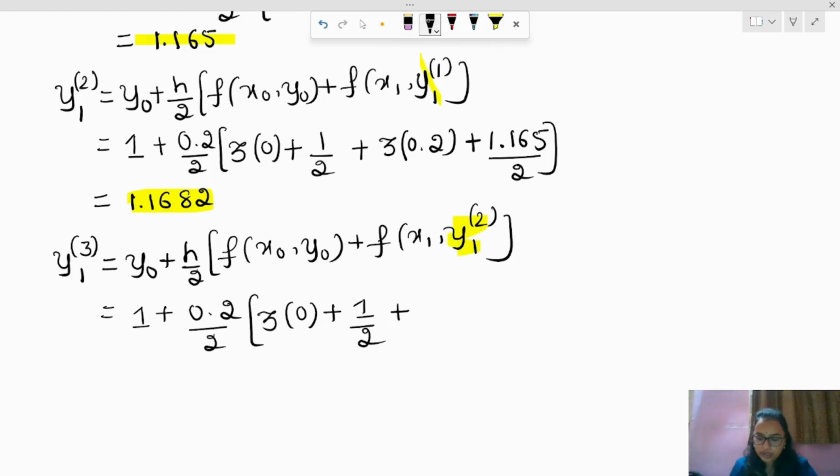It is 3 times 0.2 plus the value of y1 at second approximation, 1.1682, and this calculated value we get is